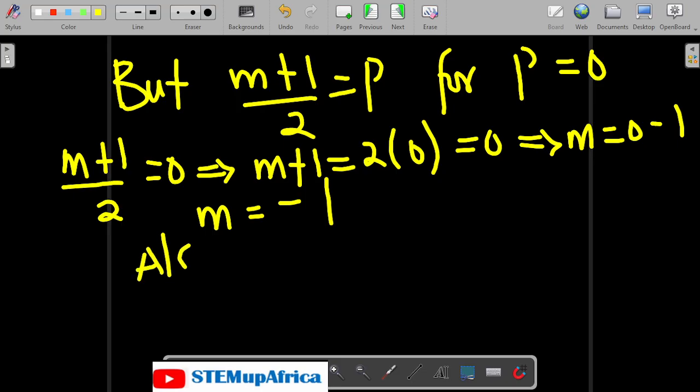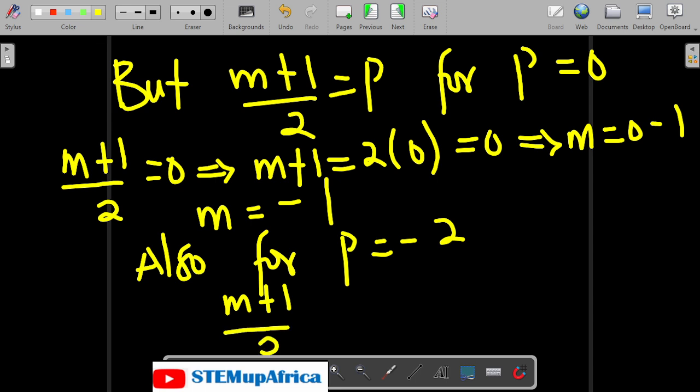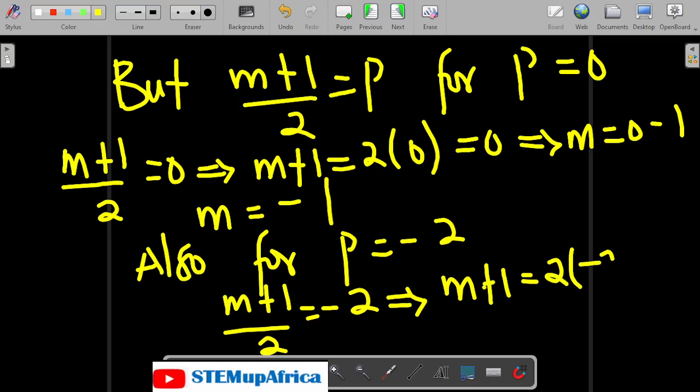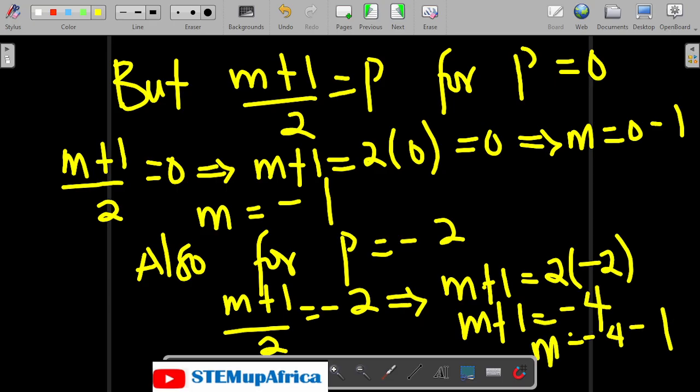Also, for p equals to minus 2, the second value of p we got, I'm going to have n plus 1 over 2 is equal to minus 2. I cross multiply, I'm having n plus 1 is equal to 2 brackets minus 2. So n plus 1 gives us minus 4. So my n is now minus 4 minus 1. n will give us minus 5. So the value of n is minus 1 and minus 5. That is the solution to question